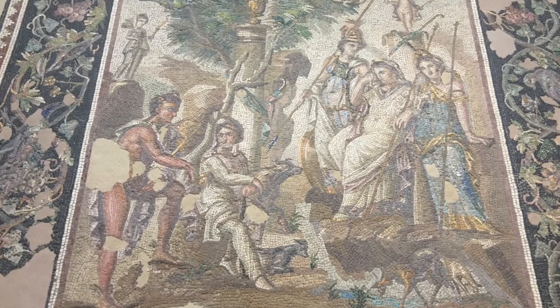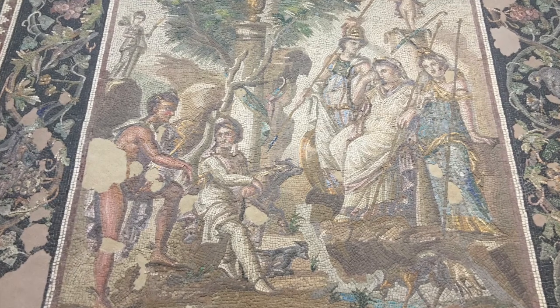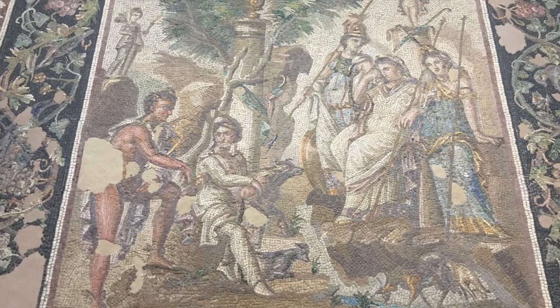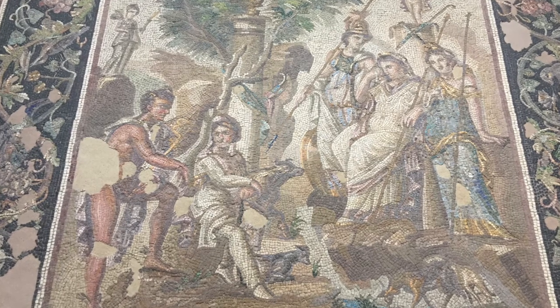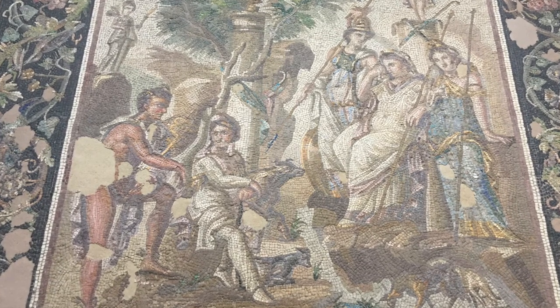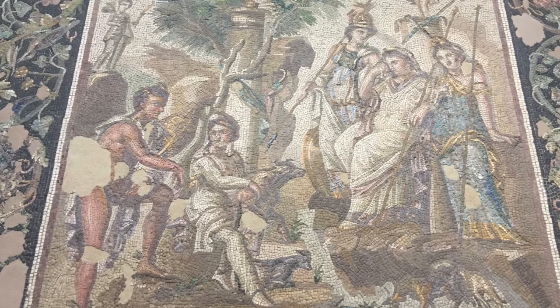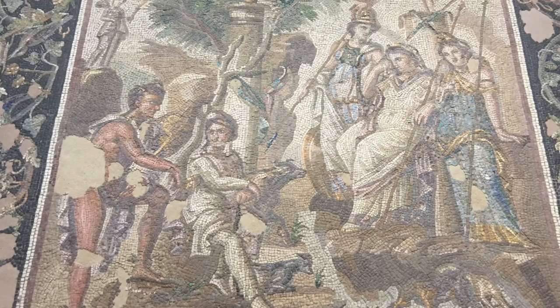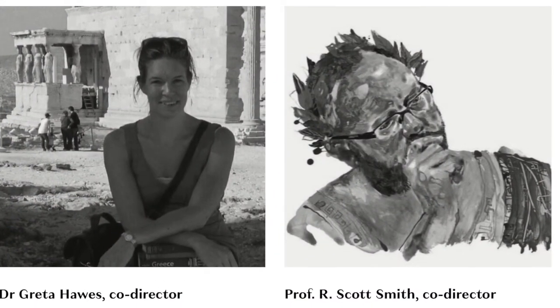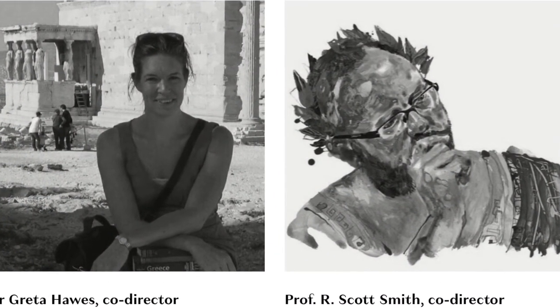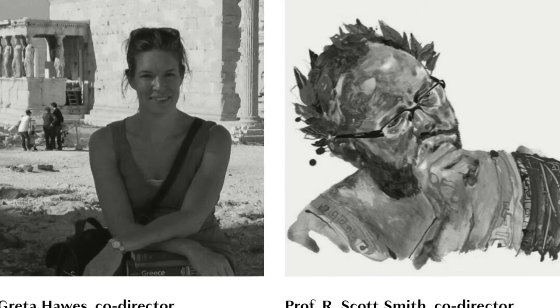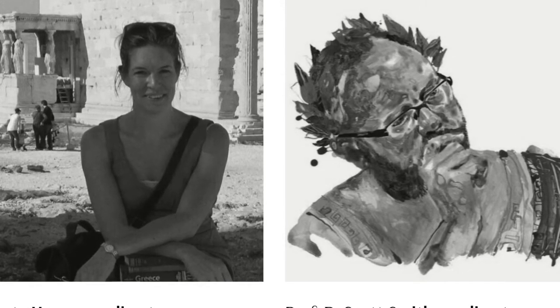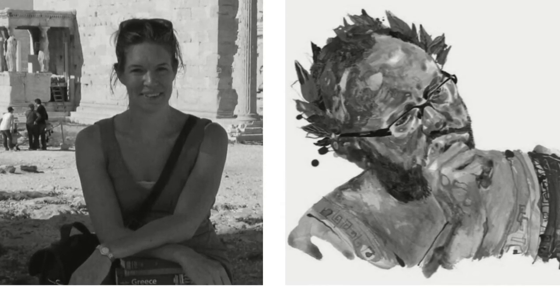MANTO was conceived out of a frustration with existing tools and a desire for a new digital asset, a sort of digital mythography that would be able to capture essential data from ancient texts, while also allowing that data to be organized and analyzed at scale and from different perspectives. In 2018, Greta Hawes of the Australian National University and Scott Smith from the University of New Hampshire came together to establish a working methodology that would achieve our aims.